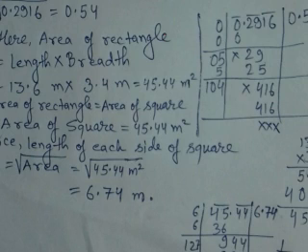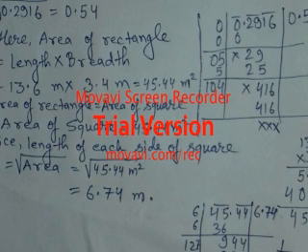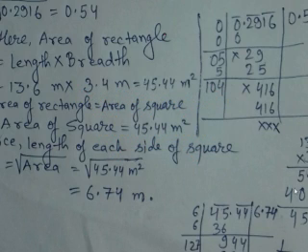And then you can see 6 4s are 24, carry 2. 4 3s are 12 and 2 is 14, carry 1. 4 1s are 4 and 1 is 5. So 6 3s are 18 and carry 1. 3 3s are 9 and 1 is 10, and 3 1s are 3 and 1 is 4. So it becomes 4. And then after you can see,